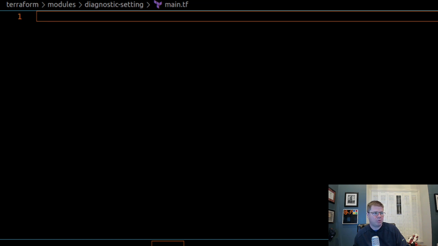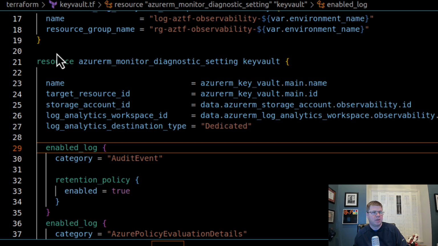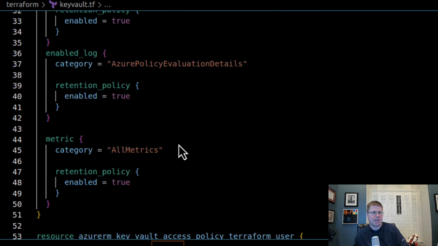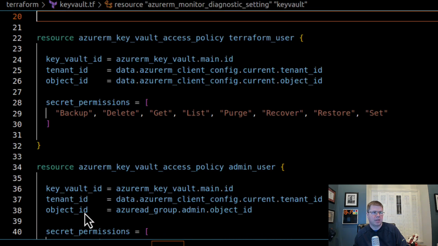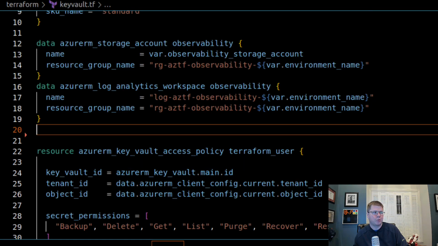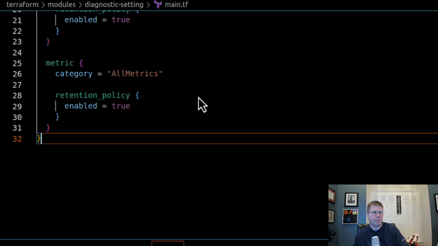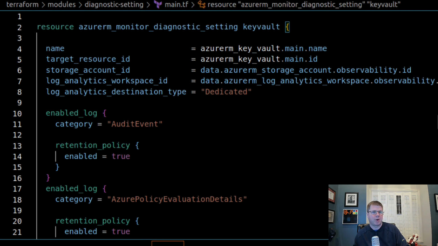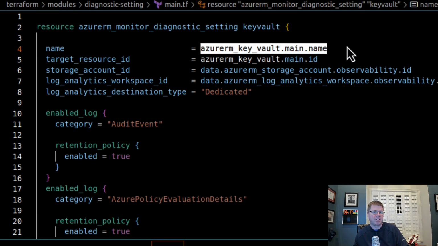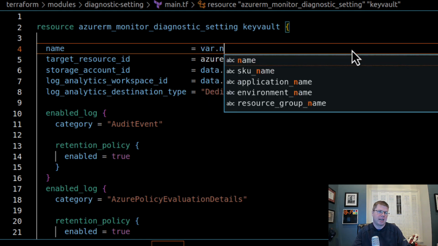My main module is where I'm going to start. I find it easier when extracting a module to just take my code that has a bunch of hard-coded values in it, and then to just paste that into the main. And then this is where I'm going to start decomposing it and replacing those values. So I know that I'm going to need a name, var.name,